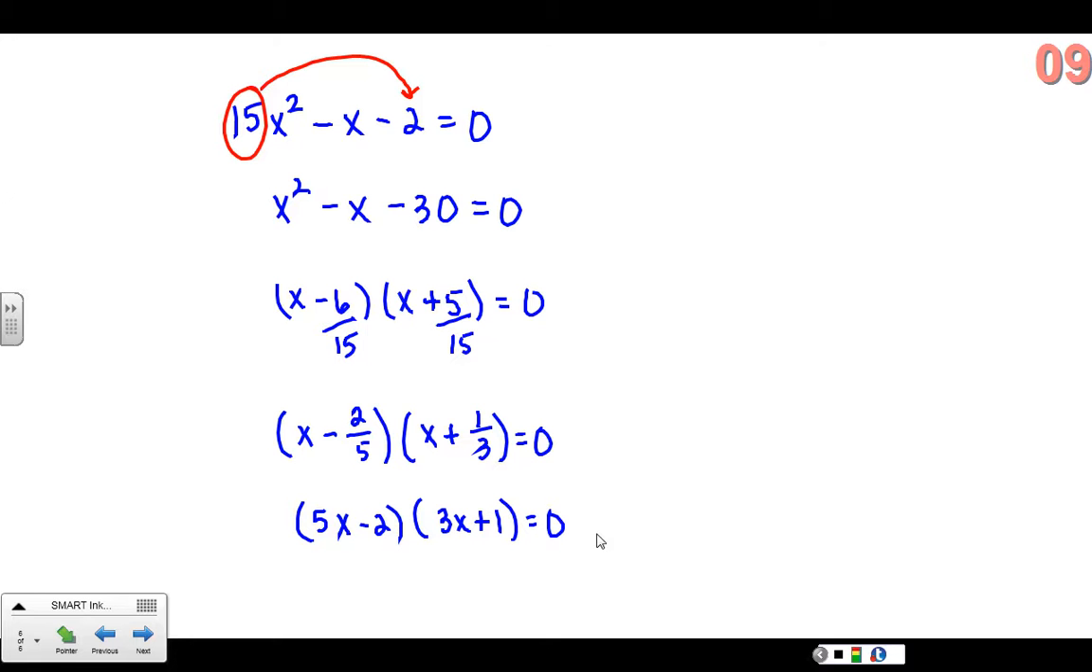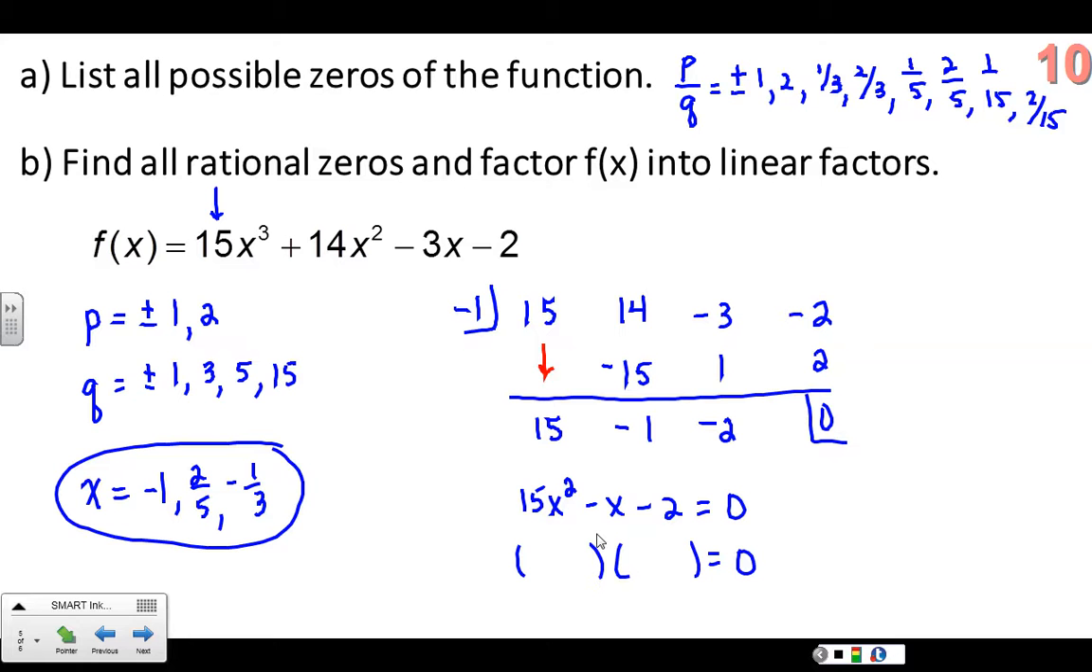So let's go back and list those factors. It says factor into linear terms, so f of x would actually be, since one of our solutions was negative 1, x plus 1 is going to be one factor. Okay, the 2/5, that would be 5x minus 2. And the negative 1/3 would be 3x